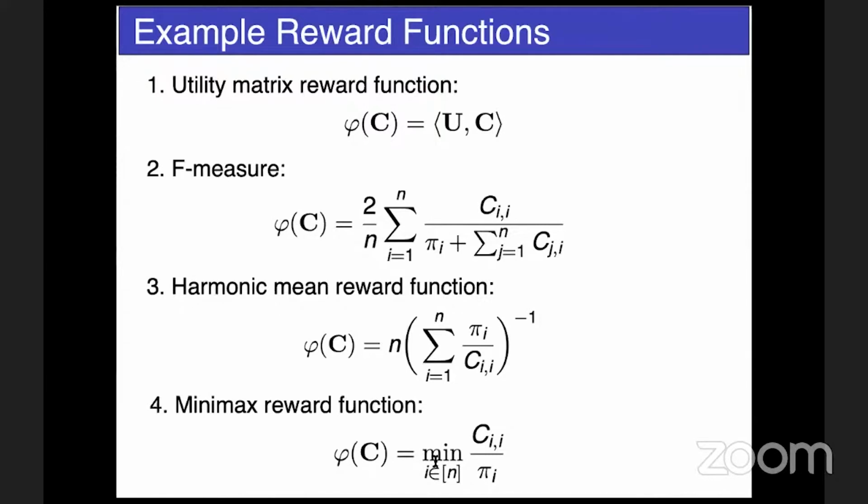So here it intrinsically trades off all classes. Even if you're achieving 100% accuracy on the sky class and 100% accuracy on the mountain class, but you're achieving, let's say, only 20% accuracy on the cloud class, your minimax phi of C would say just 0.2. Even though you're achieving 100% accuracy on the sky and mountain classes, on the cloud class you're achieving only, say, 20% accuracy. That means that your phi of C would say you're only 0.2 good.